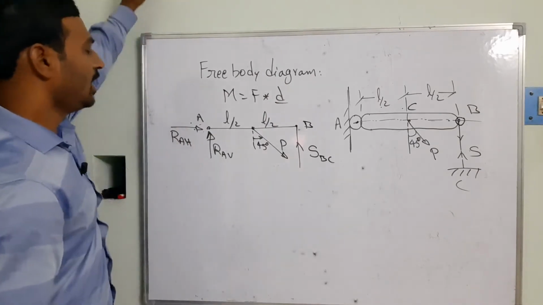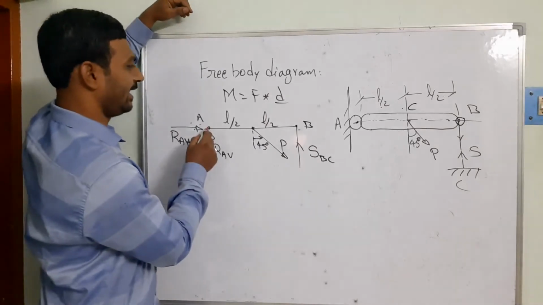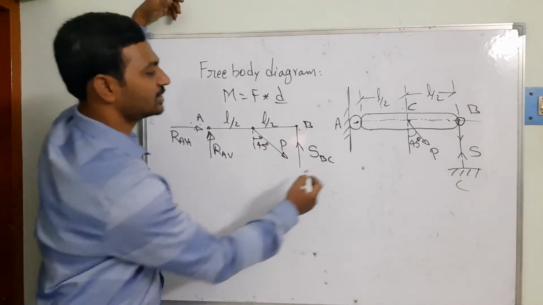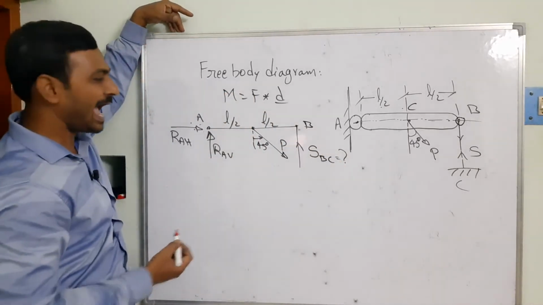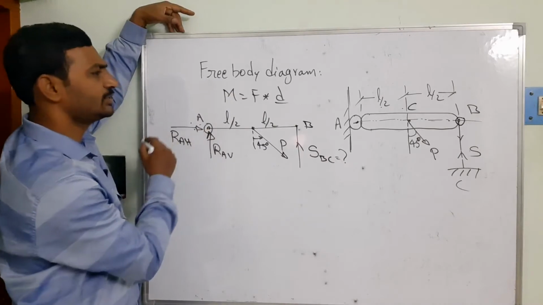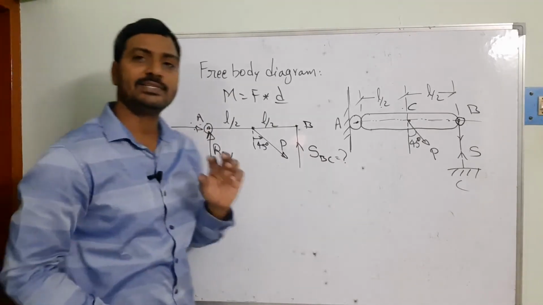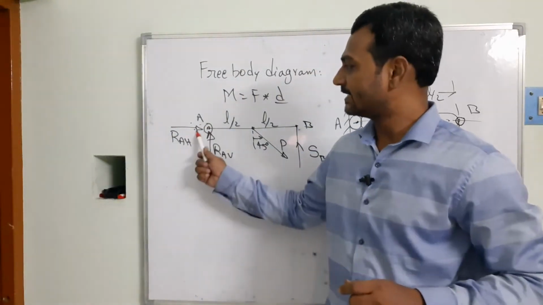So can you see where I need to take the moments? If I am going to be taking the moments at A or at B, what will happen? Our main intention is to calculate the tension in our vertical bar. I don't want the force that is going to be generated at hinge A. So it is very clear that, very systematically and very selectively, I am going to be taking the moments at A is equal to 0.